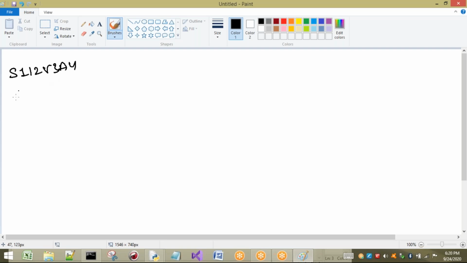Now what I want to do is first print the characters, later I want to print the numerical values. So first alphabets have to be taken, and later numericals have to be printed. It is a very easy concept.